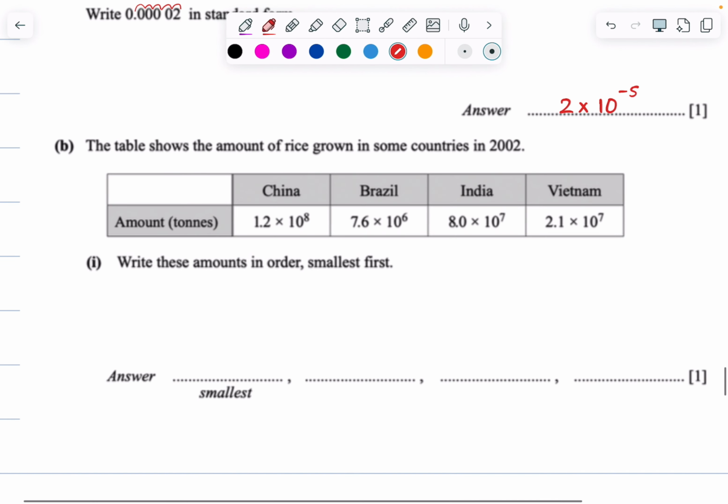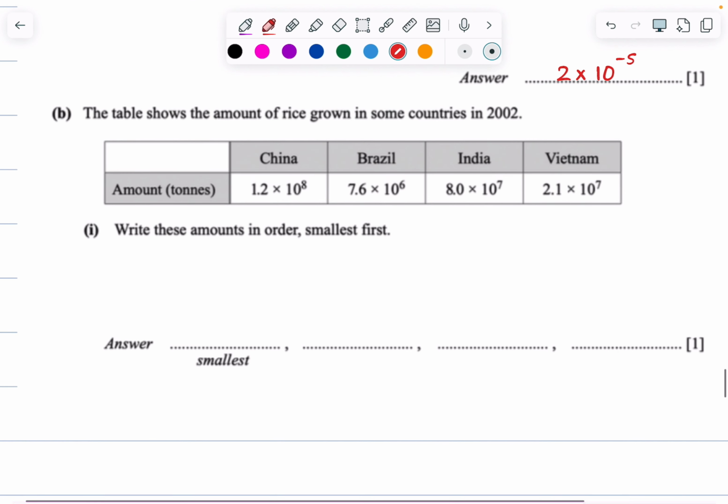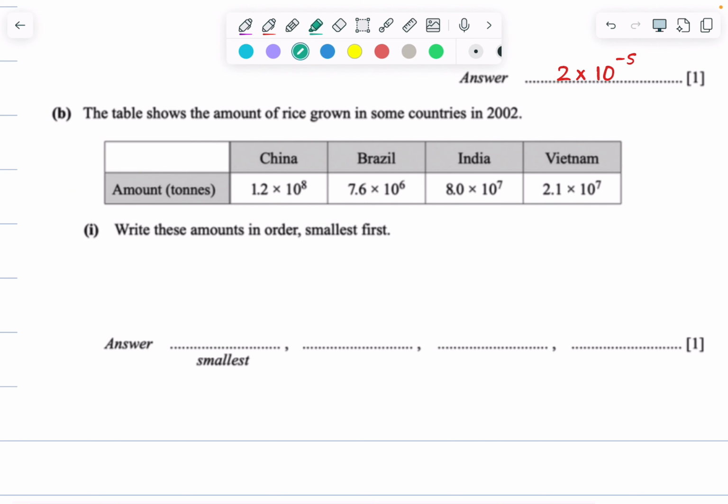अच्छा, this one is not very much linked to standard form, but थोड़ा सा इसके अंदर standard form का concept आता है. Like for example, look, सबसे पहले इसमें आपने क्या करना है कि you're going to identify, इसने कहा from smallest first, right? In these amounts in the order from smallest. आपने सबसे पहले hand pick करना है कि कौन कौन से ऐसे numbers हैं जिनकी 10 की power smallest है. Luckily एक ही number है सिर्फ, so it's going to go in the first place. It's going to be the smallest one. Got it? That's going to be 7.6 times 10 to the power of 6.